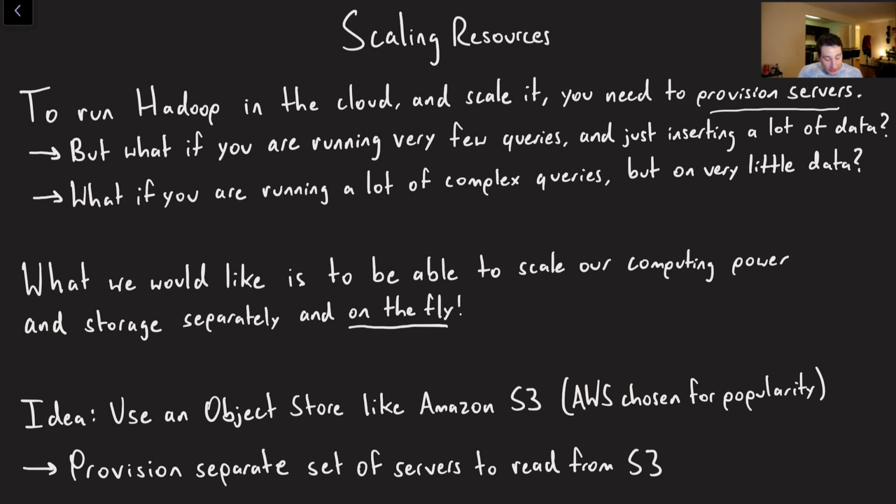in a way such that we can better use our actual budget for data and be more efficient with that. And so what Snowflake chooses to do, and they're not the first ones to use an object store here, but they do it, and it's certainly more popular as a result now, is that they use an object store for the storage layer. So they're using something like Amazon S3.